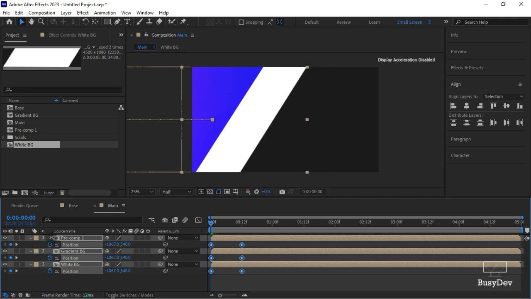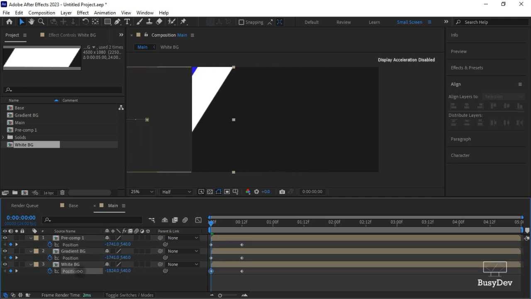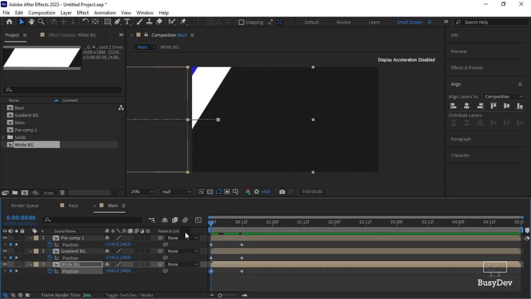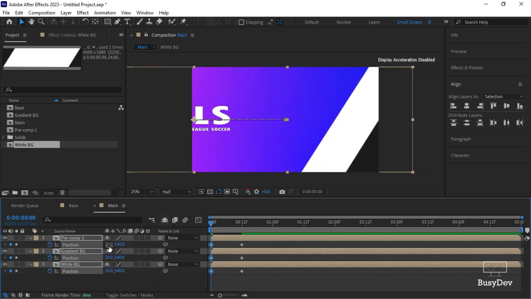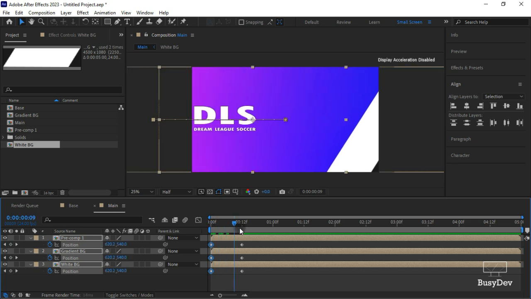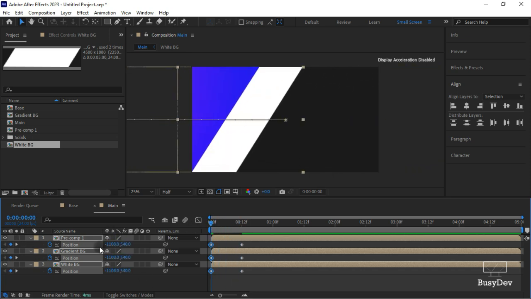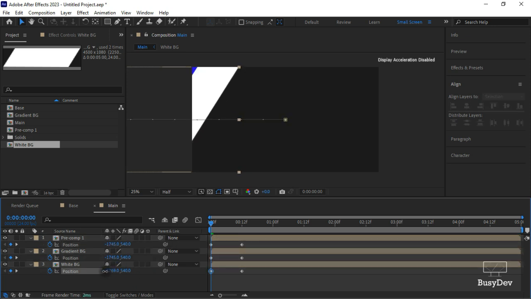Now after dragging them all, I'm going to deselect all of them and drag the white, so that the white pops out first all the time. You see that our animation comes out clearly. Our white pops out first, and then the animation becomes a bit smoother. Good. Now that we are done with that,